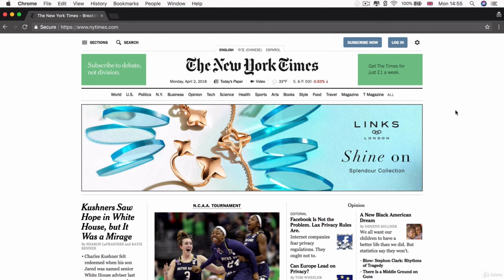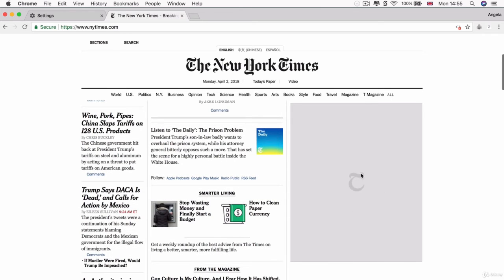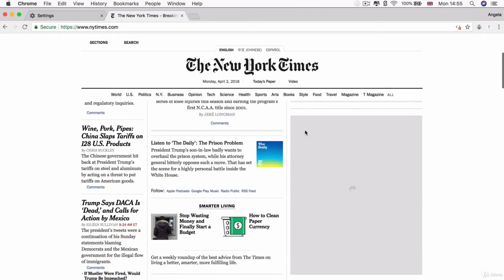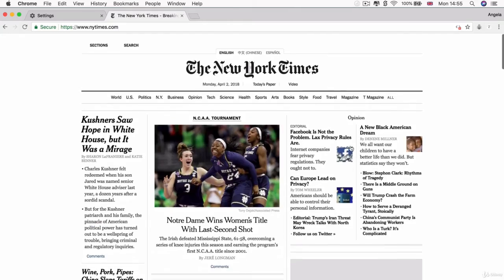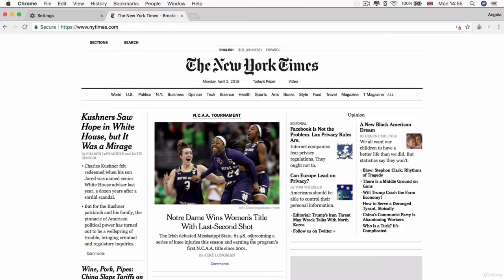Now, if I load up the New York Times while I have JavaScript enabled, you can see that we've got all of these ads showing up. An interesting side effect of disabling JavaScript is you actually end up having an ad-free website where you can see it's trying to load up the ads, but because it requires JavaScript to do so, we end up with an ad-free browsing experience. So there are even people who choose to switch off JavaScript for reasons such as this.